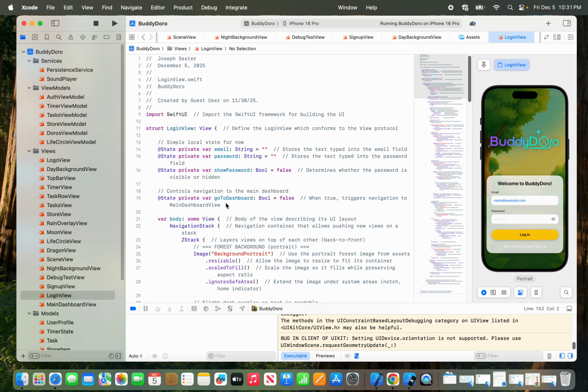So inside here, I use the @State variables to store the email and password. We did a simple validation check for the credentials, and then it sets a Boolean state, which triggers the navigation to the main dashboard. Now, for the timer logic, I created a separate file called